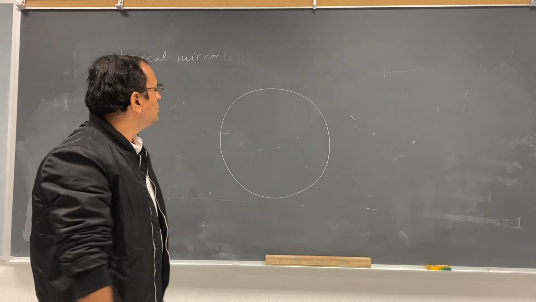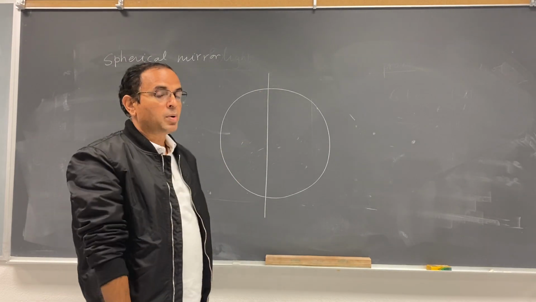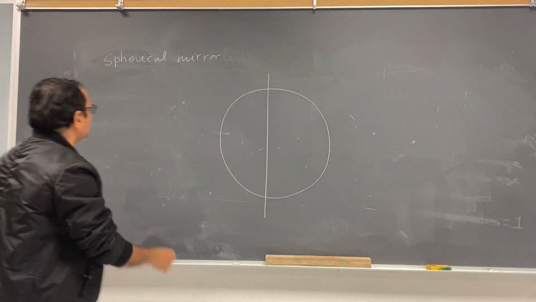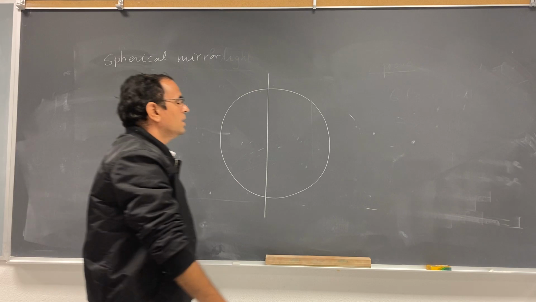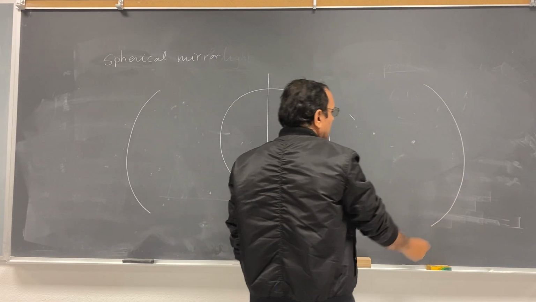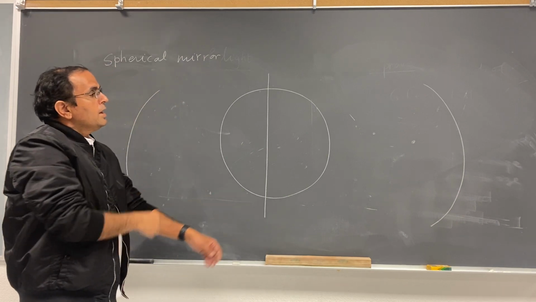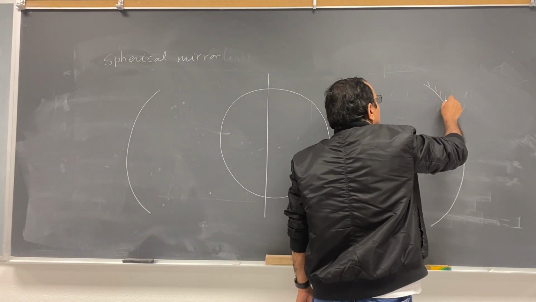And you cut from here, make it 2 parts. So one is this, another one is this. Now if you coat this side, if you silver this side,